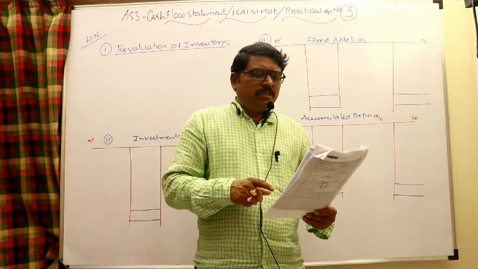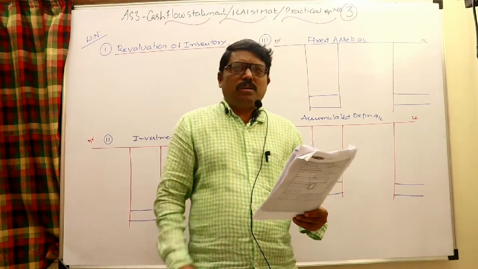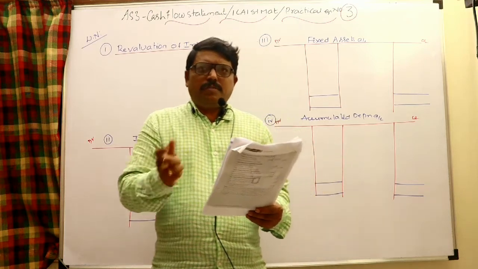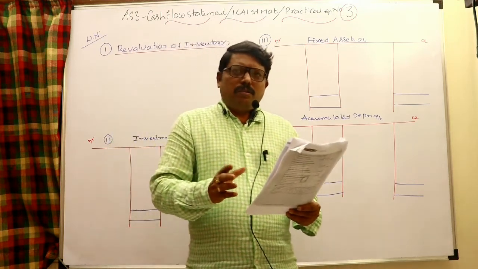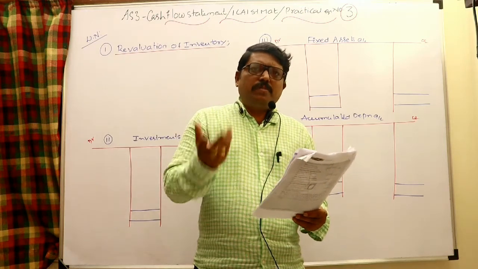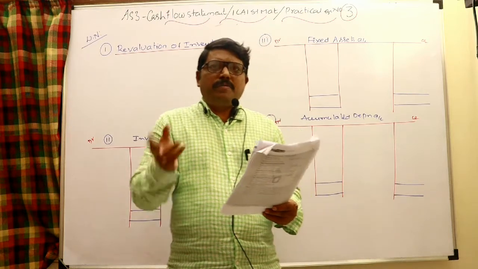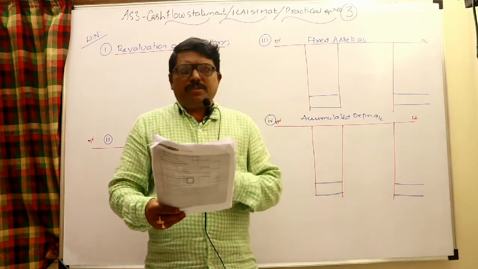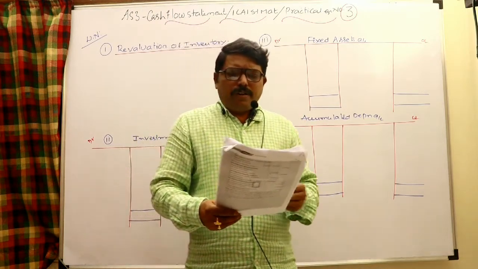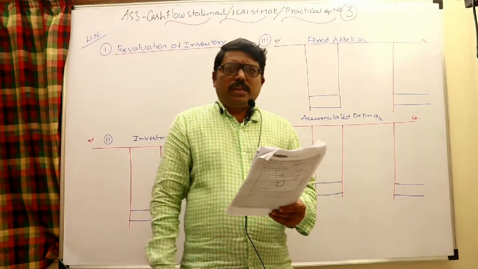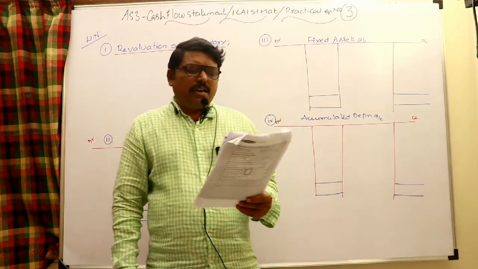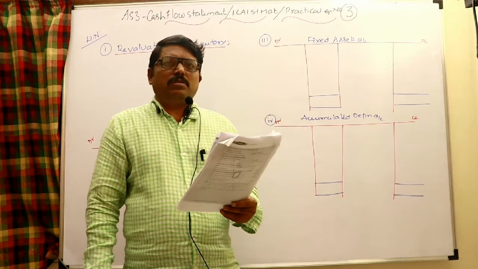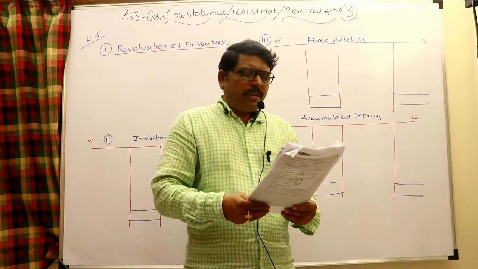Okay, next investments. It looks like opening 4 lakhs, closing 3 lakh 20. I think there may be a sale, and you can also have the investment account to find any missing figure. As I said, sometimes purchase may be given and sale may be the missing figure, and sometimes sale may be given and purchase may be missing. You can find that by the investment account, the fixed asset account, and even a provision for depreciation account. Opening cash, closing cash, tender, it looks 10,000 rupees. Next, other current assets: there is no need to prepare any current assets account. Under any situation, normally there is no need to prepare a current assets account.